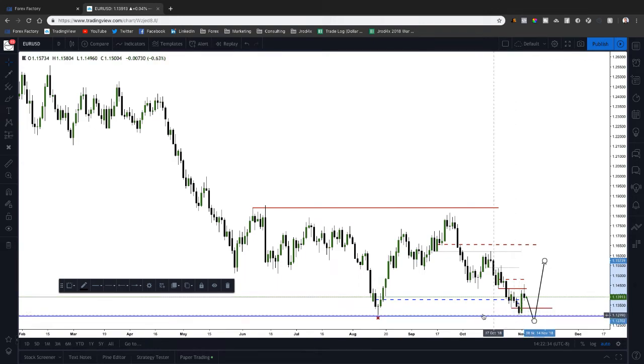But as long as we remain above 1.13 big figure, I'm just seeing this as a potential double bottom, or equal lows, and I'm looking for lower prices. Most retail is probably looking for higher prices, thinking this is strong support, but I don't necessarily see that as the case yet. If we get back above 1.1480, then I'll consider this as a potential low. But as long as we're below 1.1480, I'm considering bearish prices on EURUSD.